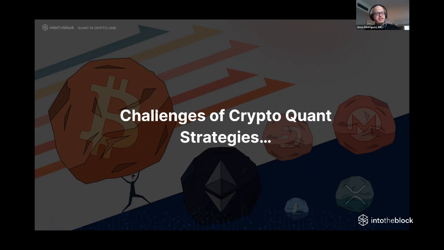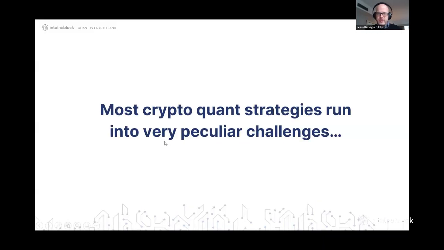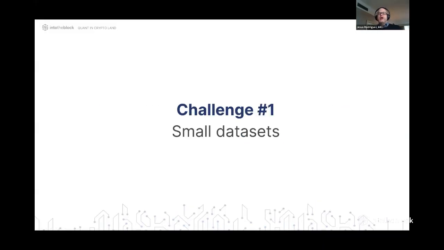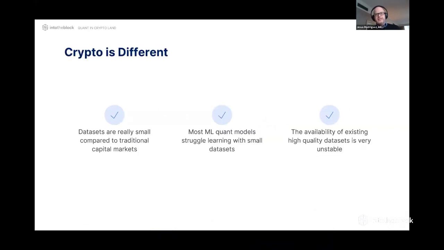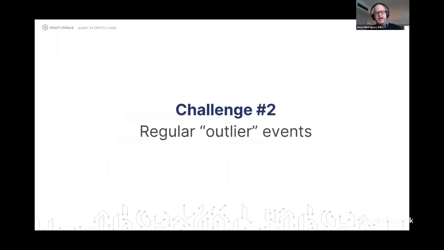So for the next part of the session, I want to focus on, if you're building quant strategies in crypto today, what are some of the challenges that you're likely to encounter? There are many of those. So I enumerated 10 that I think are very common. One of those is small data sets. In crypto, the data sets go back 12 years in the best case scenario, and a fraction of that in most common scenarios. So it's very difficult to train intelligent quant strategies with such a small data set compared to what you get in equities or commodities or any other asset class.